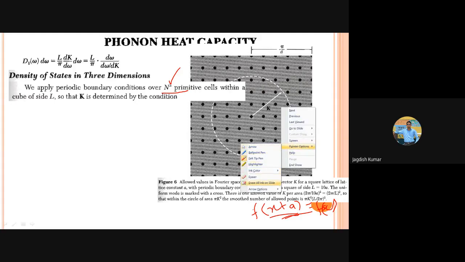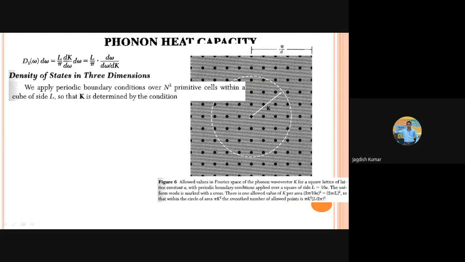And for a crystal of finite size, that is the Born-von Karman boundary condition, we should say f of x plus n1a is f of x. If we say n1a is the length along the x direction, let us say Lx. Similarly, we may take the length along the y direction and the length along the z direction. And what are these lengths? These are representing the size of the crystal. What is the physical size of the crystal?